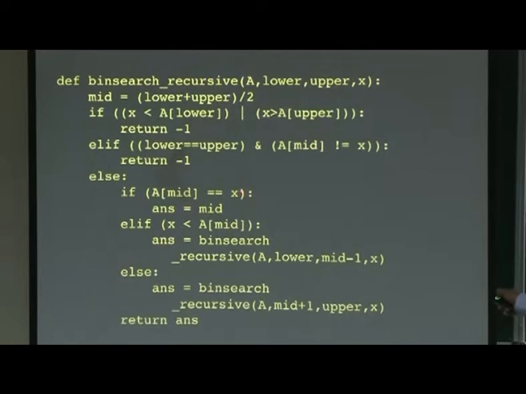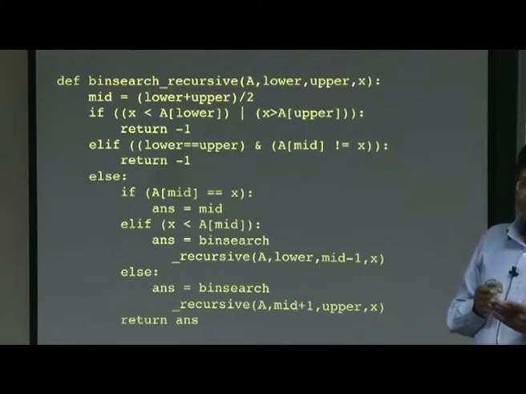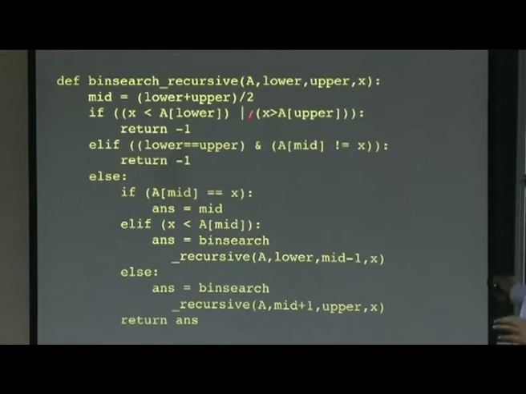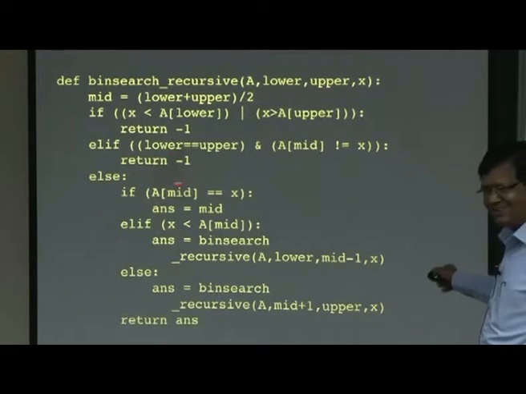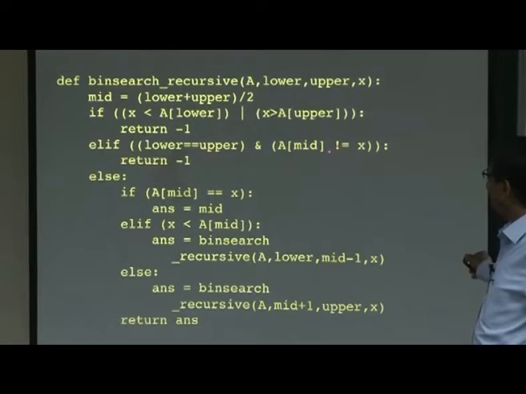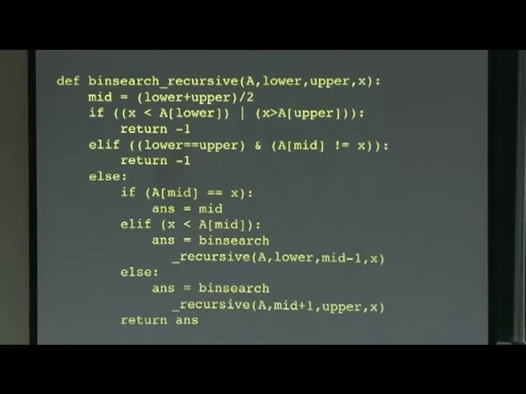So, if A[mid] is equal to x, then I got the answer. By the way, it should return a number, either an index or -1. So, this will give you an index or -1. This is the answer, and this will be there when lower equals upper. Of course, you could put in more else if conditions, you could make it part of the same condition. If you would like to make the code simpler, it is good, no problem.